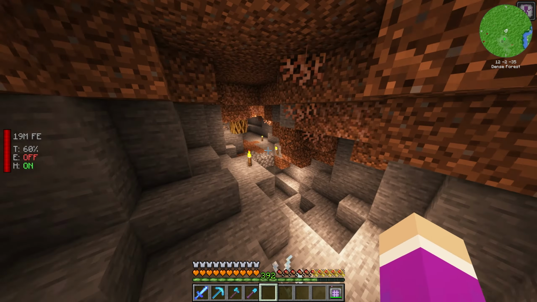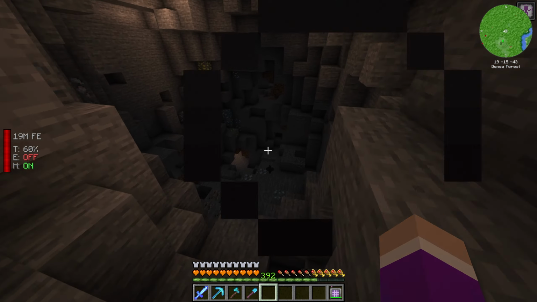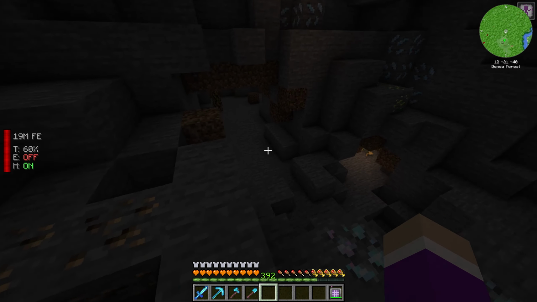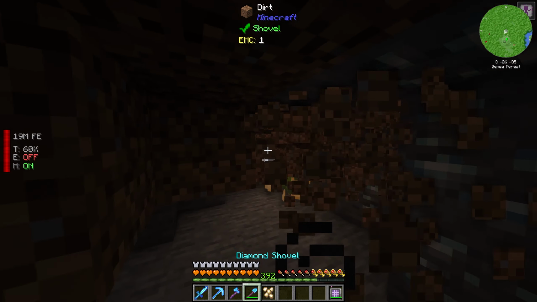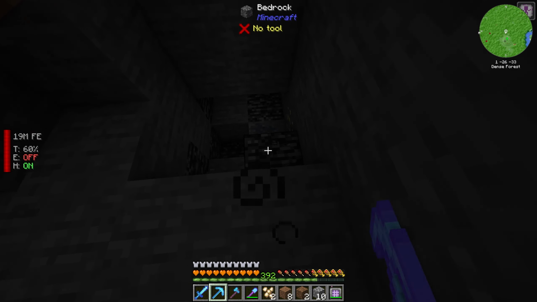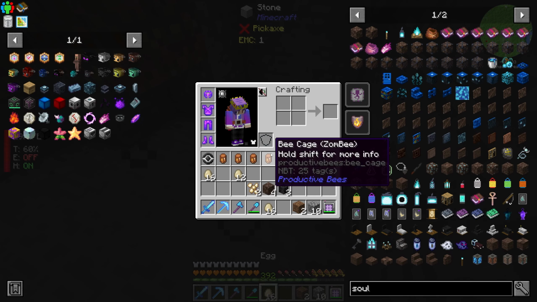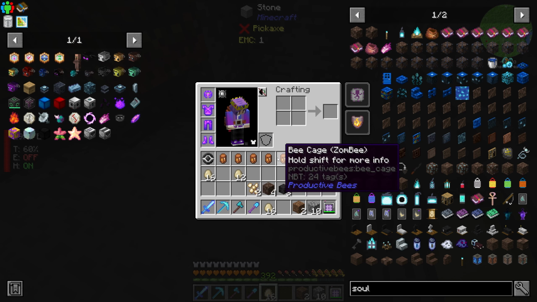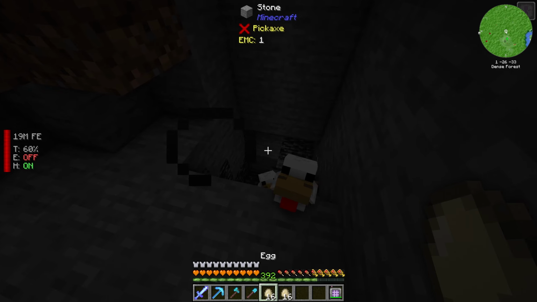Alright, finally I got myself the skeletal bee, but what I need to do now is actually get myself some wither roses. So we've come to the Twilight here to spawn in a wither and get him to kill a bunch of chickens that I'm going to fill in a hole here. No way, bedrock's here already, okay. So I got myself a bunch of eggs here, also a ton of zombie bees spawned as well, but I'm only interested in the skeletal bee at the moment, so I'm just going to...